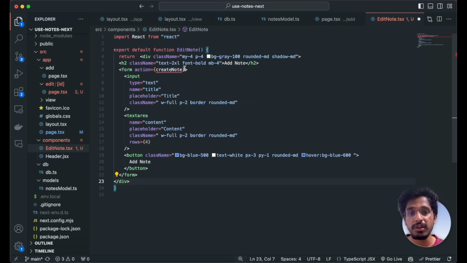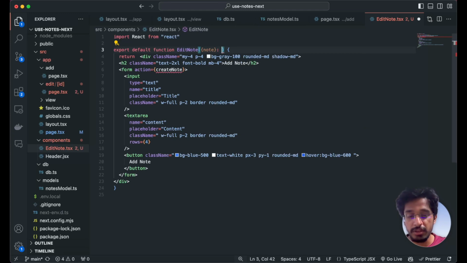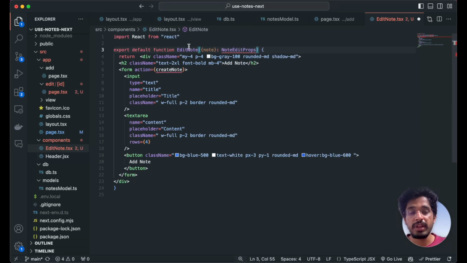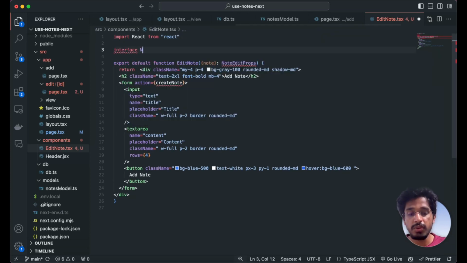For this we are going to create an action over here at the top, and first let's make a call to our database. Now we can destructure the props that we are receiving, that is note, and give this a type of note edit props. We are now going to create this with an interface called note edit props,